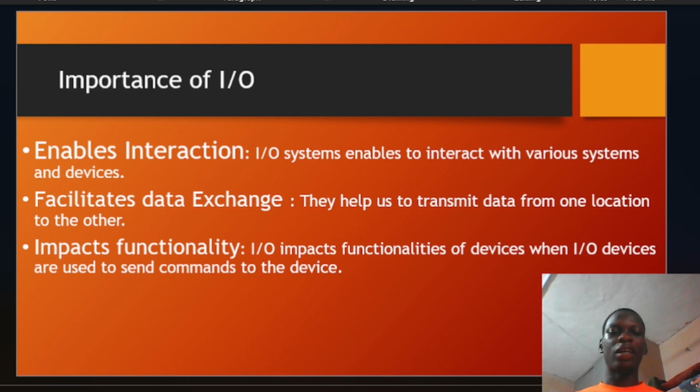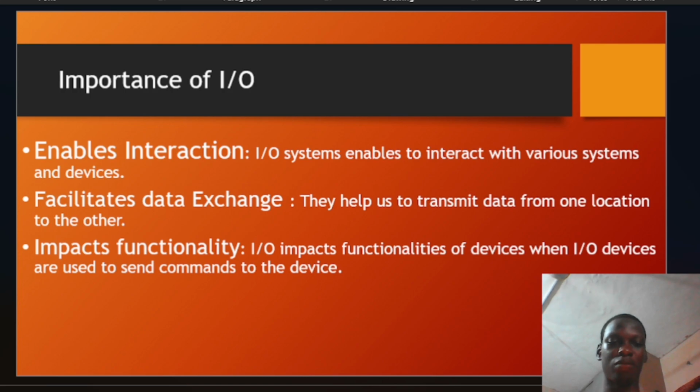I/O enables interaction. I/O systems enable us to interact with various systems and devices. For you to be able to send or receive information or interact with your device, you need the I/O. Some of these I/O devices which help you to interact with your device are the mouse, the keyboard, and joysticks and other stuff. They help you to input data into the computer and output data out of your computer